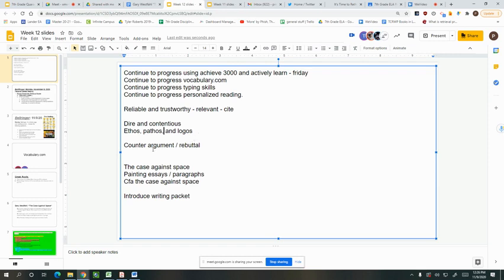Then we're going to talk about counterarguments and rebuttals. The Case Against Space is our main text for this week. On Thursday, we're going to have a CFA on that, and at the end of the week, we're going to introduce a packet that we're going to use to write our own arguments in the near future. So that's a real quick and dirty rundown of what we've been doing.